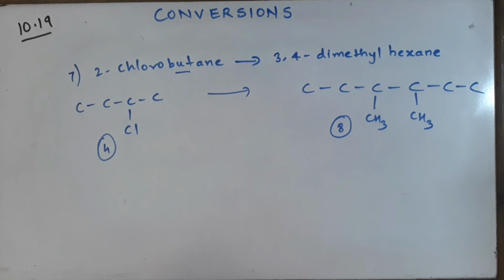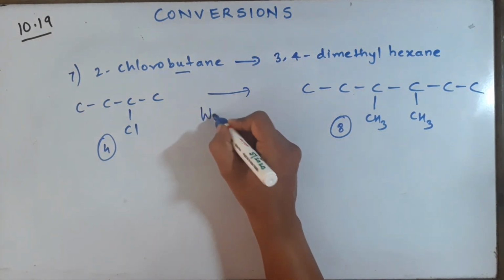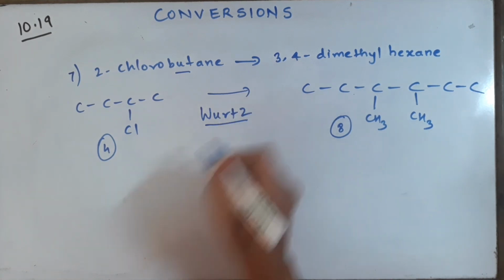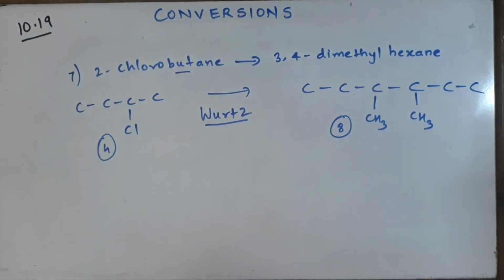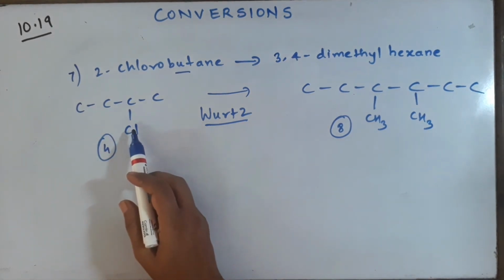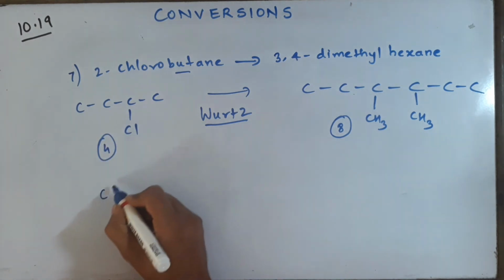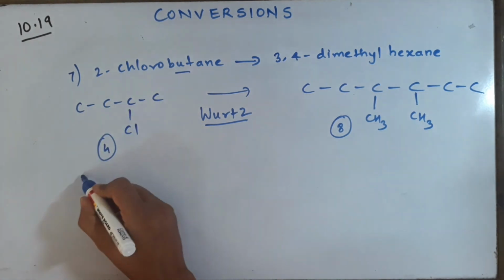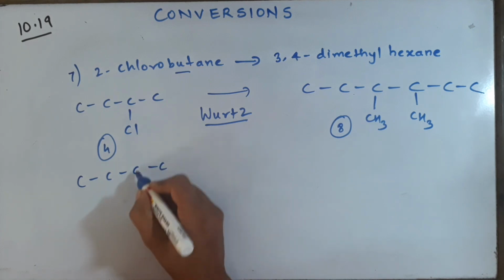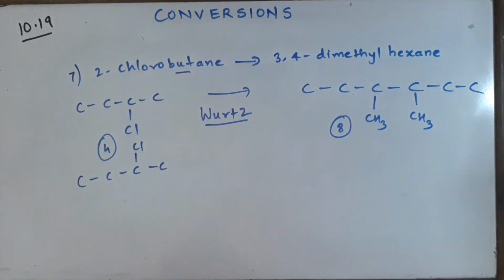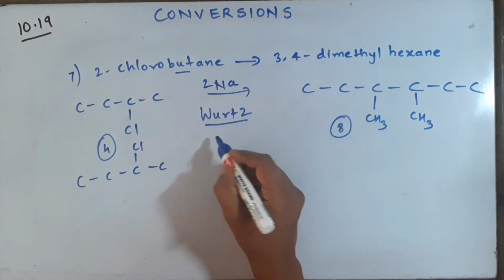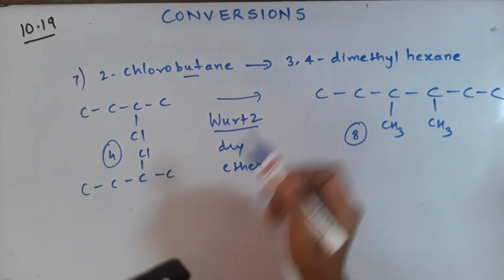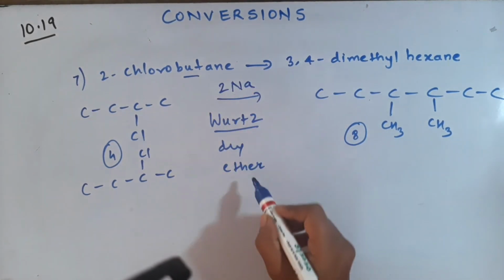The famous reactions in which the carbons are doubling up are the Wurtz reaction and Fittig reaction. Right now, since it is an aliphatic compound, we will do the Wurtz reaction. You know what we do in the Wurtz reaction: 2 such compounds we will be taking, so one more I will draw like this, in the presence of sodium in dry ether.